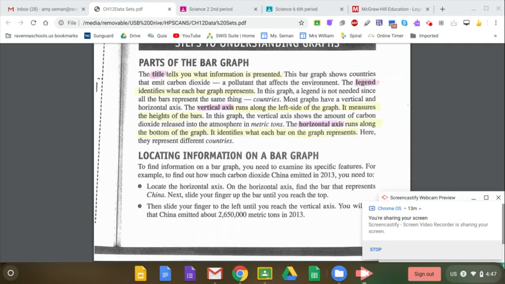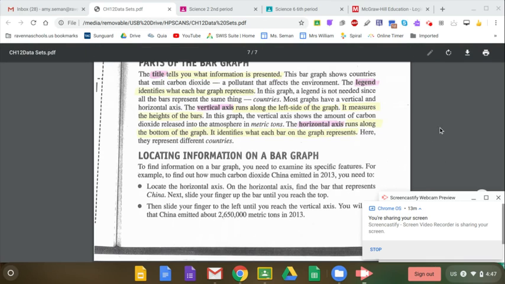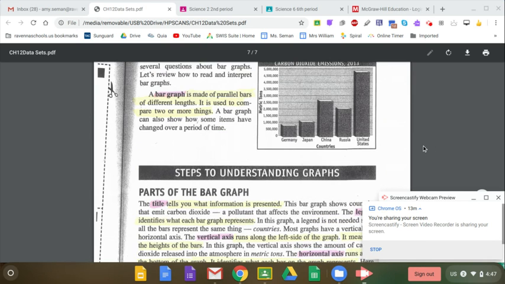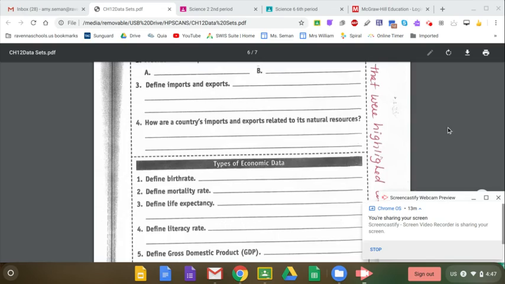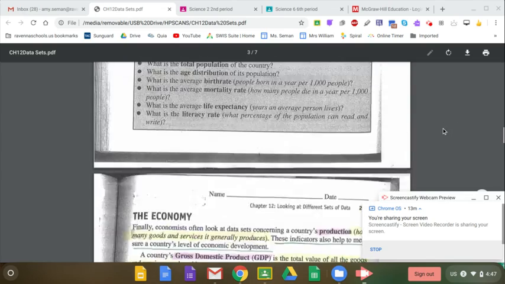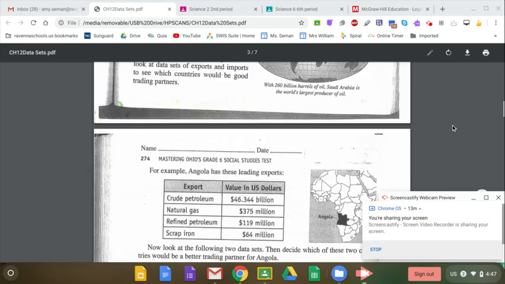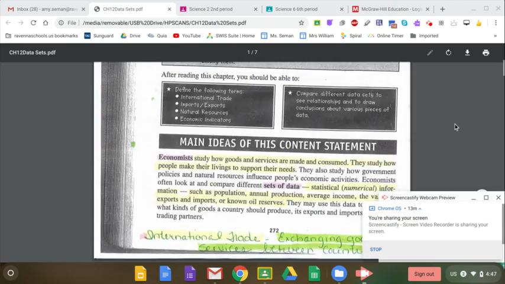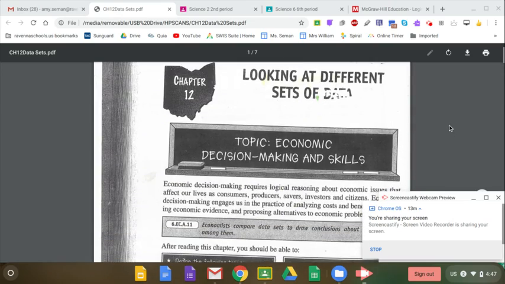And that would take care of this particular packet. We will be having a test over this packet on Wednesday. So please study. And for those of you that did not have the packet, well, you have it now. So you can go through this video. You can look the packet over. You can stop the video where you need to stop it. And you have the information to be